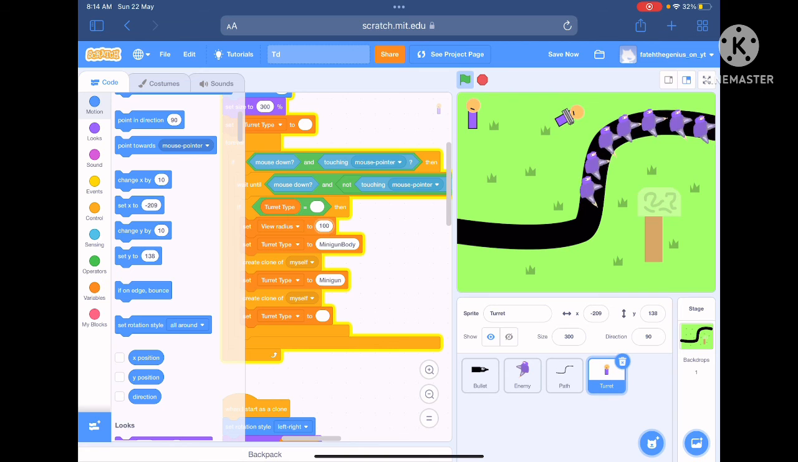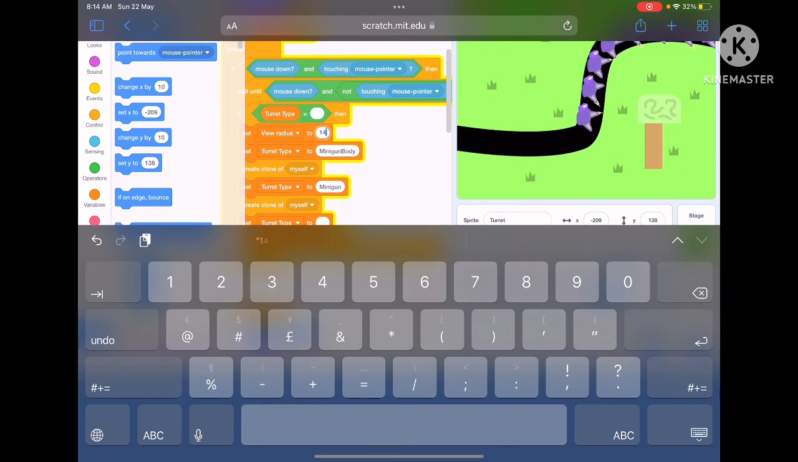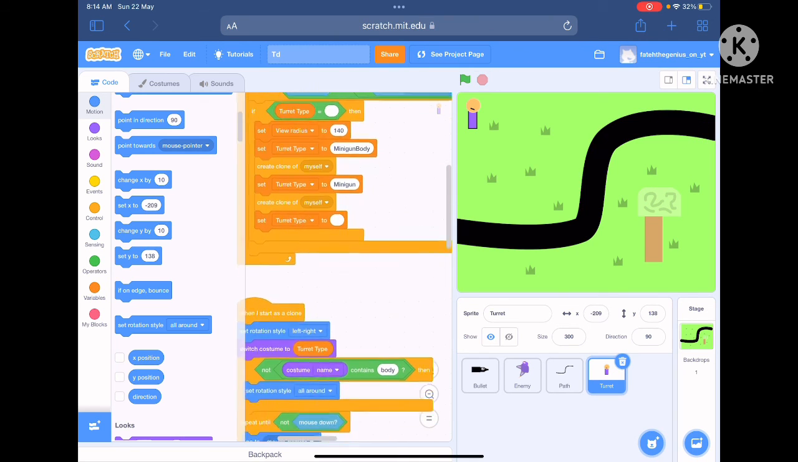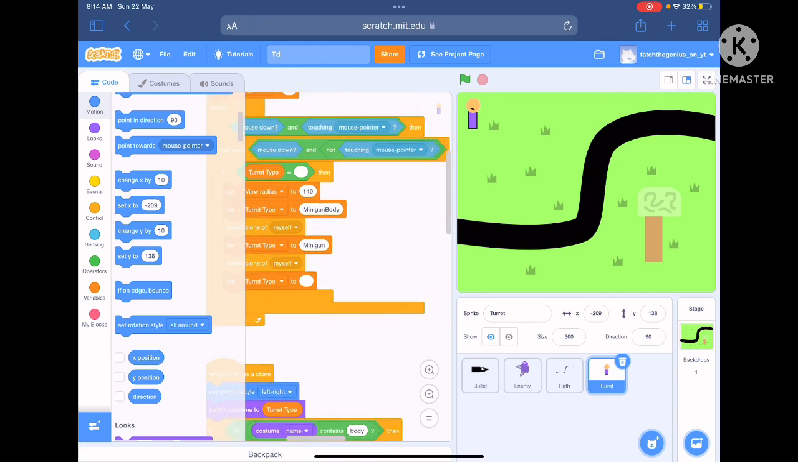What if I set the view radius to 140? I'll just mess around with these values. But for now, it's already been super long, so